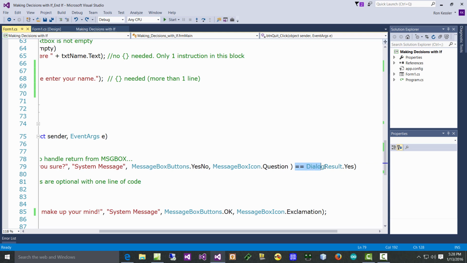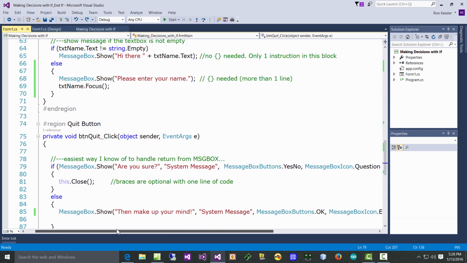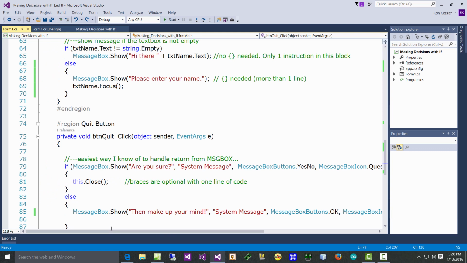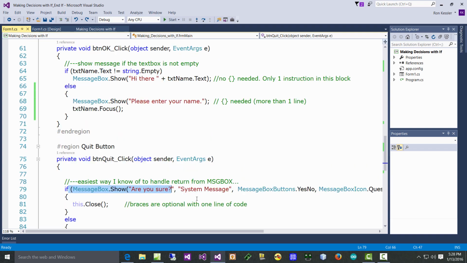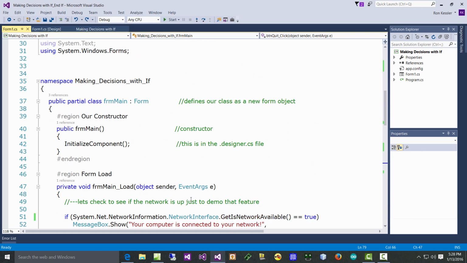You always just test to see if they picked yes. You don't ever have to do this again and say, else if they pick dialog result no, do this. Okay? You don't test it like that. You just simply say, if this is true, quit. Otherwise, do this, because we know if this is not true, they had to pick no. Okay, so you don't waste your time coming down here again and saying, else if the message is no, do this. That would be just a waste of your typing and slow your program down, so there's no reason to do that. Okay, so make sure that you understand what these things are and get up to speed with it